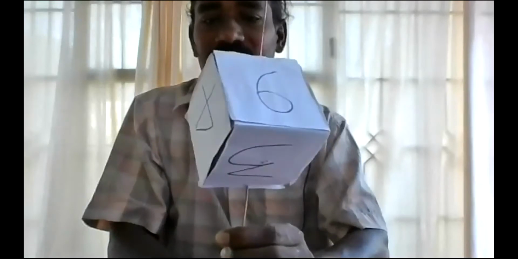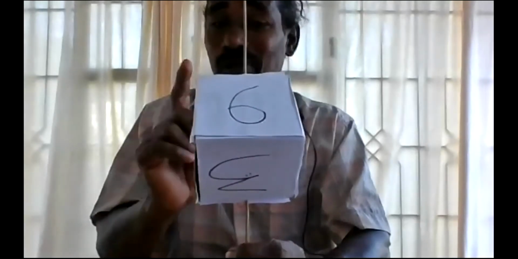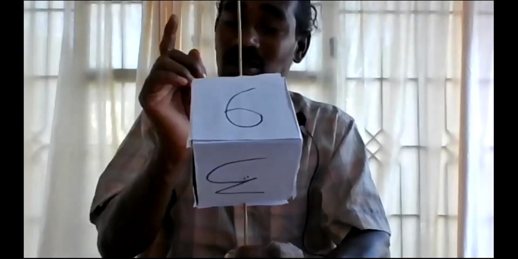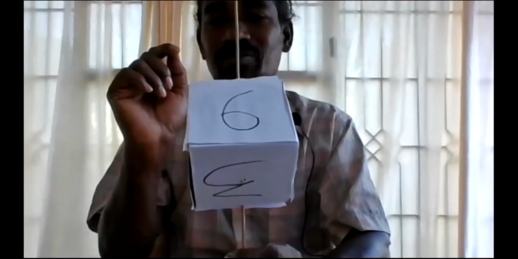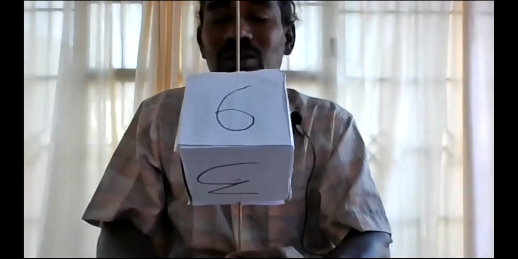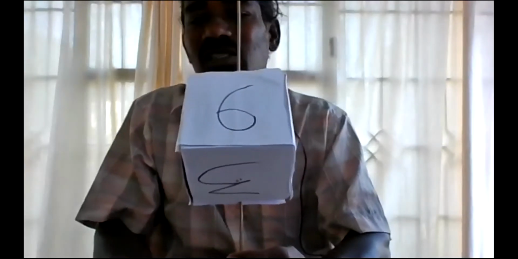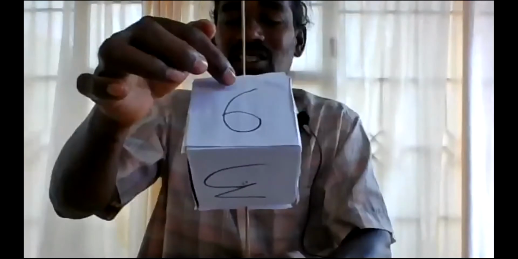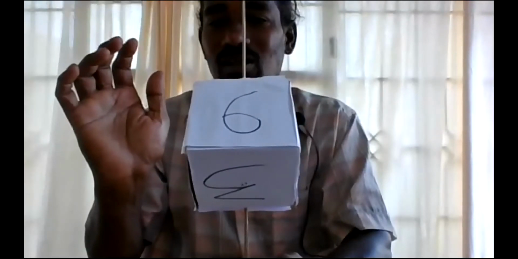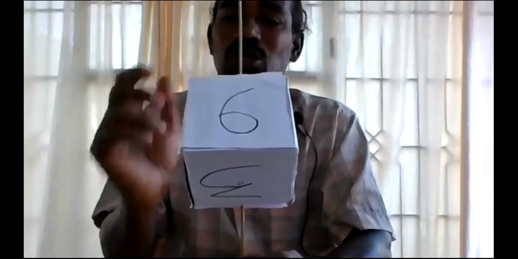Again we are rotating. Again we got back the image. Now, by rotating 360 degrees with respect to this axis, how many times will similarity in the images appear? Similarity in the sense, not I am saying 6, this 6 I am not saying. So by rotating with respect to this axis, how many times is similarity in the cube appearing? Two times.